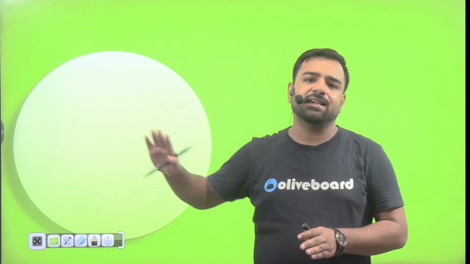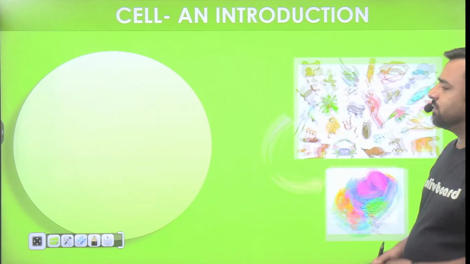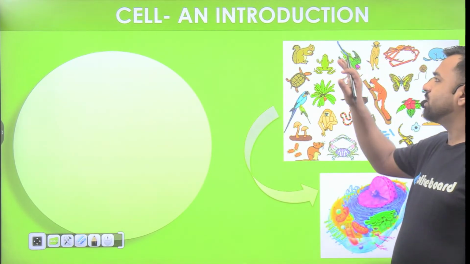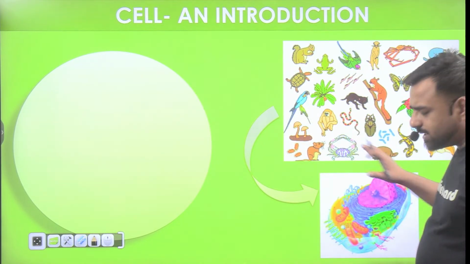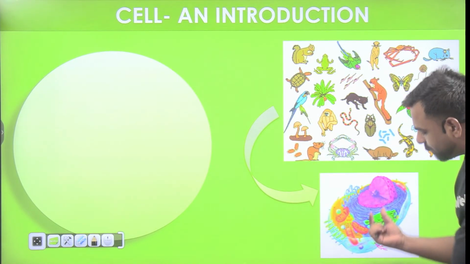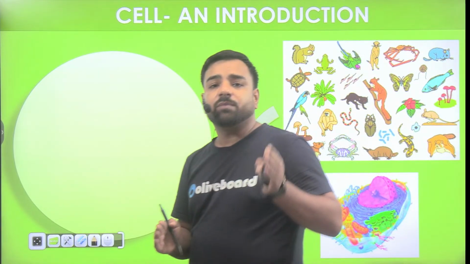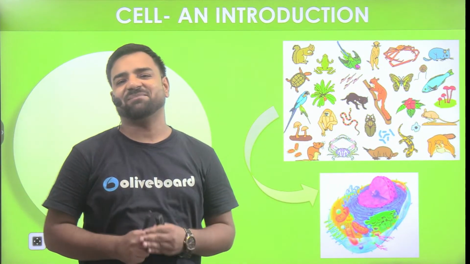So here we can link it with a cell. Room's synonym is cell, and in this way cell was discovered. So first of all, let's look at the image. So cell, what is it? All the living beings, it doesn't matter if we are talking about a squirrel, a frog, a bird, whatsoever it is, each and every living organism is made up of a basic unit of life, that is cell. When many cells combine together they form tissues, when many tissues come together they form organs, and finally the organ system is made, right?